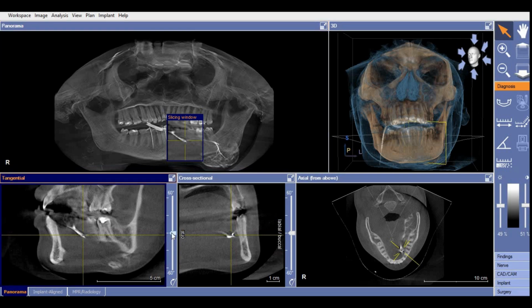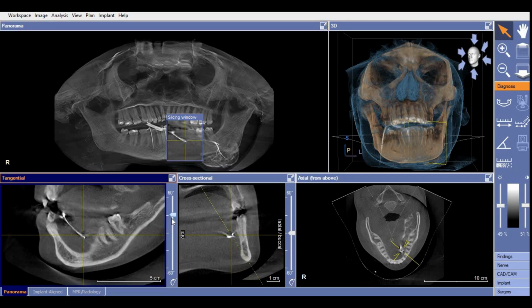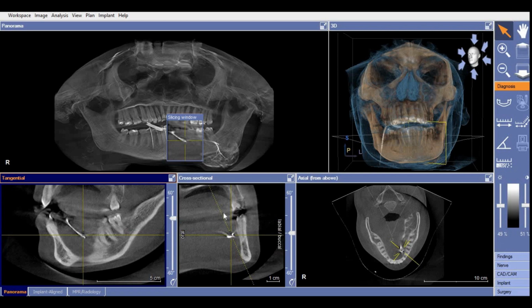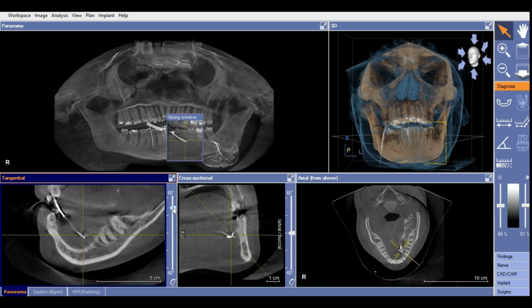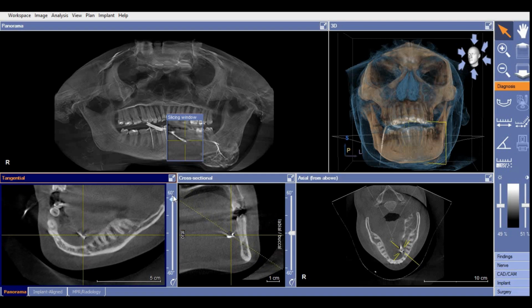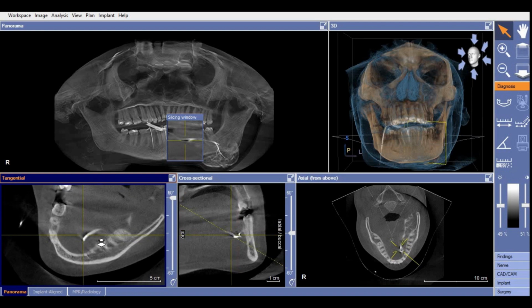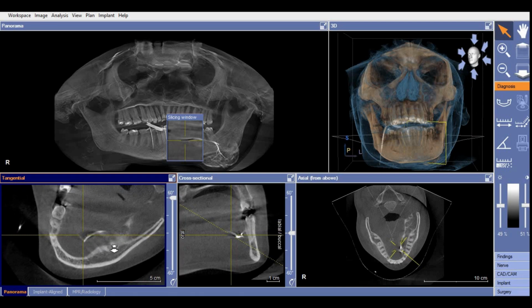You can see the tooth, and by this level you can understand that we have reached the floor of the mouth. Now by changing this angulation, when I move this cursor here, the dotted lines tilt accordingly. That indicates which slices we are going through. When you adjust like that, you will be able to see the exact ductal pattern. This is the orifice, and this is the distal portion of Wharton's duct. So we can trace Wharton's duct now.